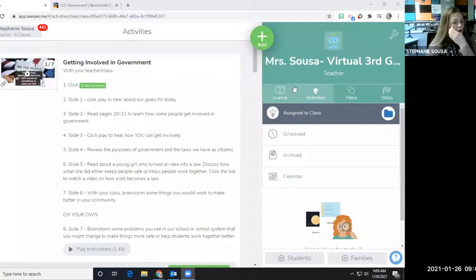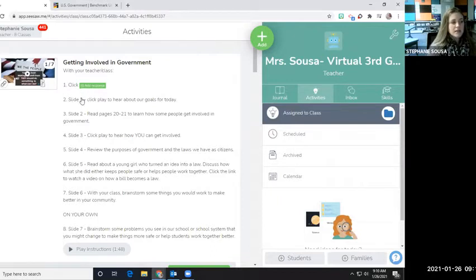All right, guys, you have an assignment that has been unlocked to you on Seesaw. I'm going to ask that you get there. So if you go to Seesaw and click on that Activities tab, that will refresh your feed. And you will see right here, it says Get Involved in Government, okay? It says with your teacher, click the Add Response.